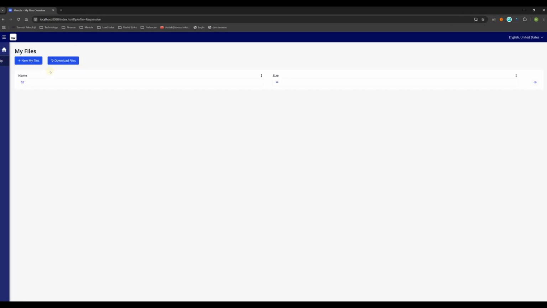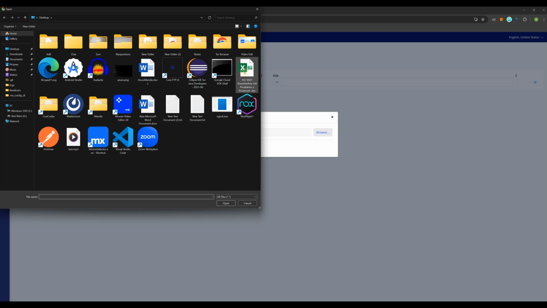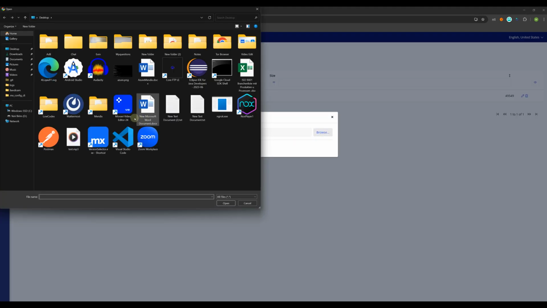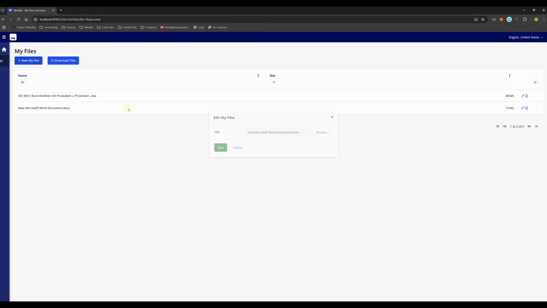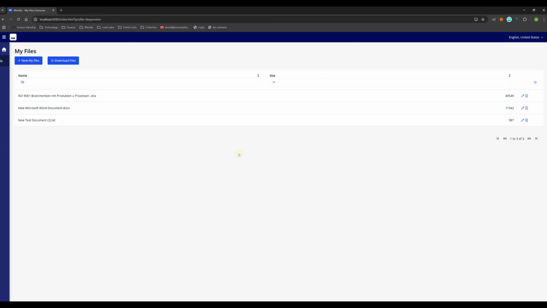Now click the zip. I don't have any file, for that reason I will upload files here. This one, save. Randomly I am adding. Save, and also one more. That's okay. I have three files, as you see.